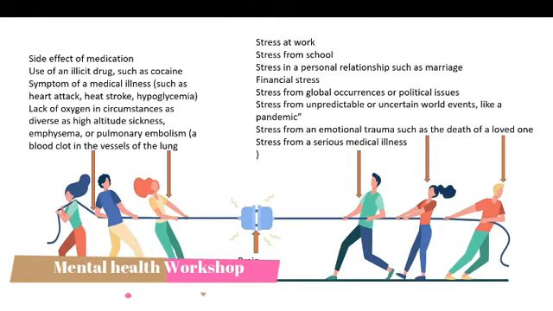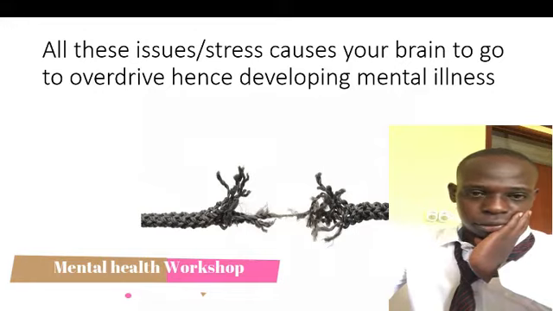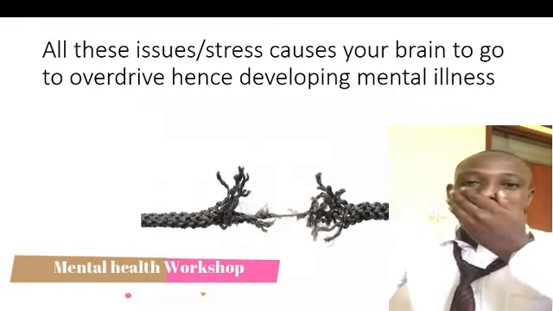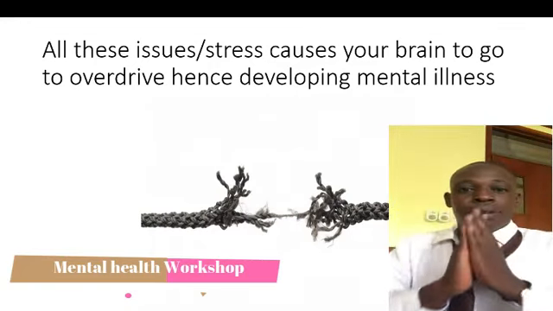So all of these things are exerting pressure on our brain and are making us think so much. And these are not good for us. So what happens when you reach this situation and all these things are not under control? The next step that happens, all these issues, stress, can cause your brain to go into overdrive. Hence, you develop a mental illness. And this is ugly. That doesn't look good. And the actual workshop intent is so that you don't reach this level. And that's why we want you to identify this situation, understand and respond accordingly at the right time.